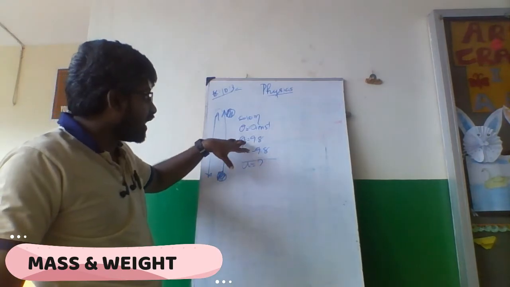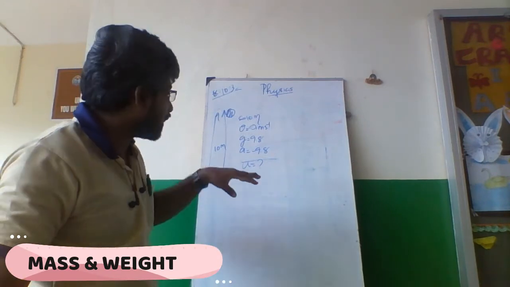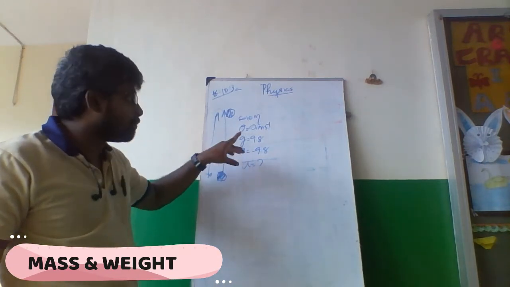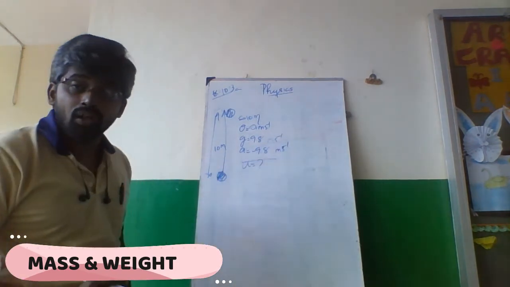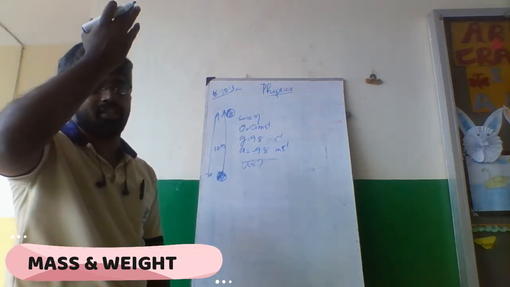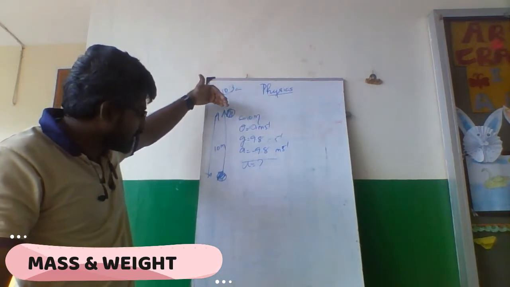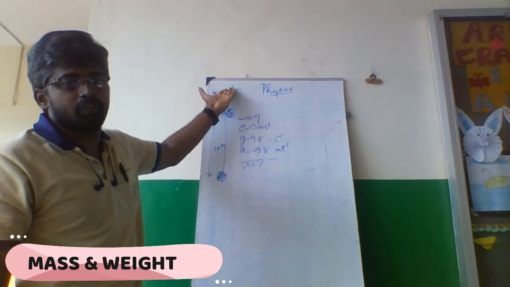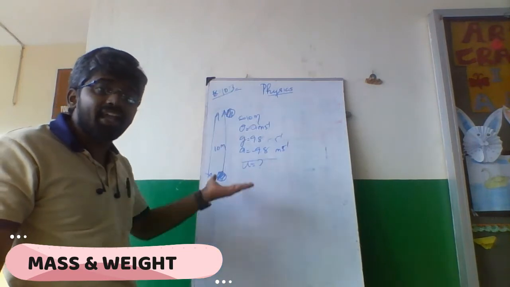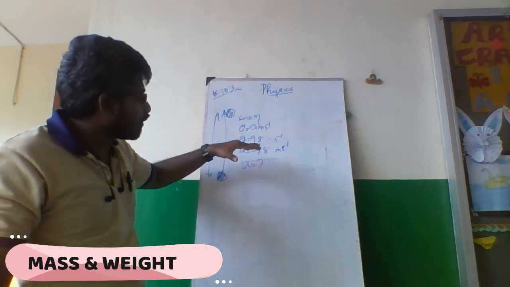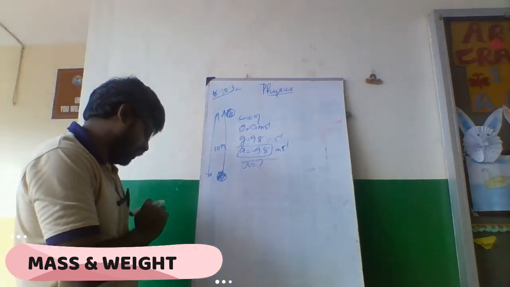Now, what is this? g is 9.8. Whatever the object, that is 9.8. But the acceleration of this object is minus 9.8 meter per second squared, because it is going against gravitation. Velocity is downward, but the object is going upward. Acceleration is actually downward, but the object is going upward. It is going against velocity and acceleration. So for upward movement, a is negative. That's all. Now we are going to solve this problem.